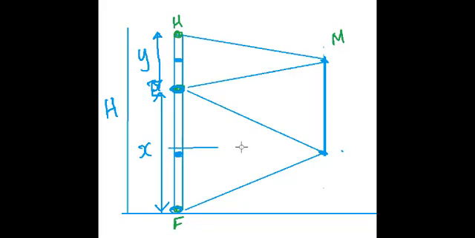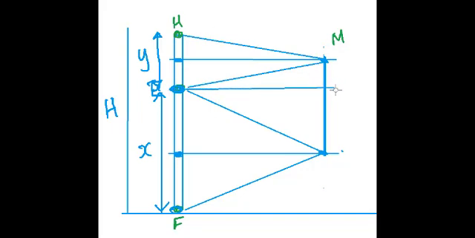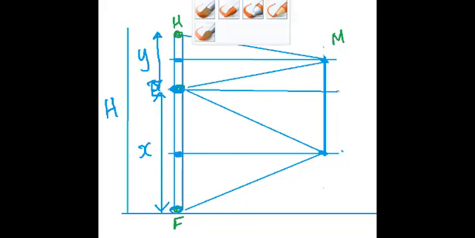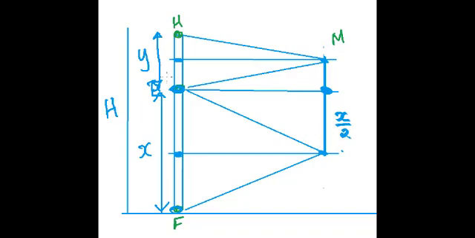By geometry, you can prove that. See, it's all by geometry. Use a lot of similar triangles. I'm not explaining that part, but you can try this. See, if the distance from eye to the foot is x, then from the midpoint of the mirror to the bottom, this will be equal to x by 2. Similarly, if the distance from his eye to the head is y, then from the center of the mirror to the top of the mirror, that is equal to y by 2.